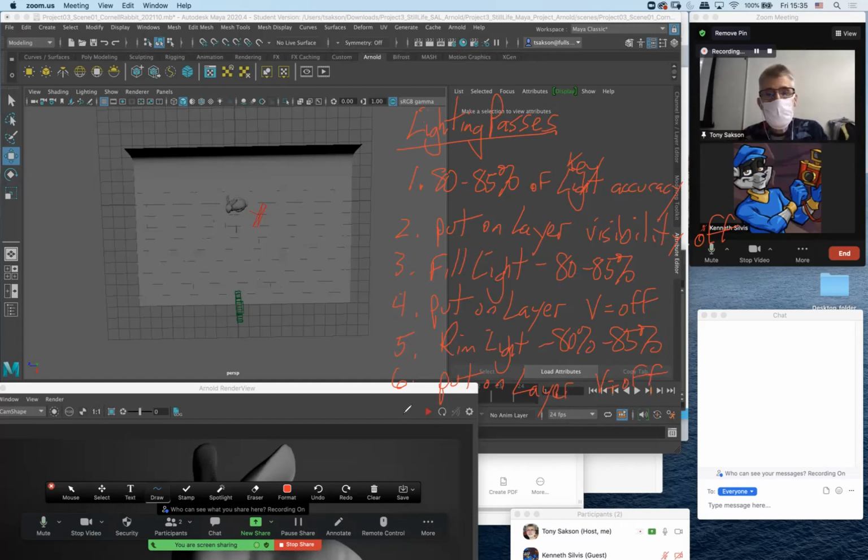Visibility off. Go back to the key, get it 85, 90%,